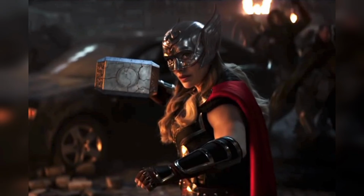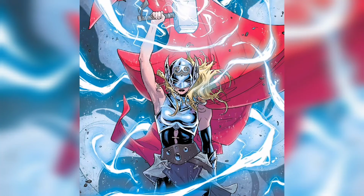The very end of the trailer reveals Jane Foster's Thor and her official Thor costume. Now, whether or not she's actually going to be turning into the new Thor throughout the MCU is yet to be told, but my thoughts and opinion is that it is very, very likely. Chris Hemsworth himself has come out and said that he would love to play Thor